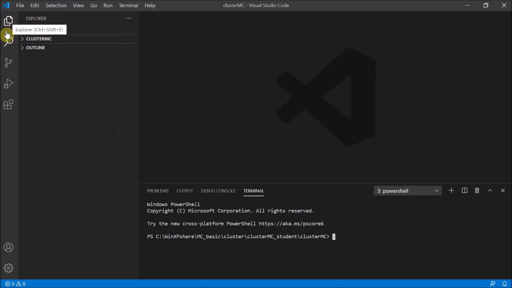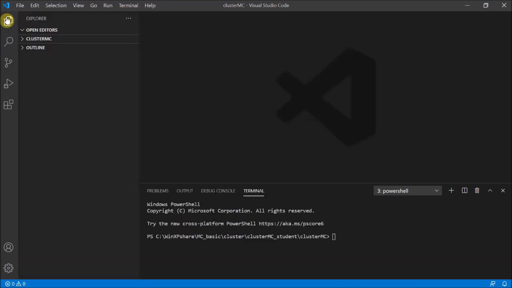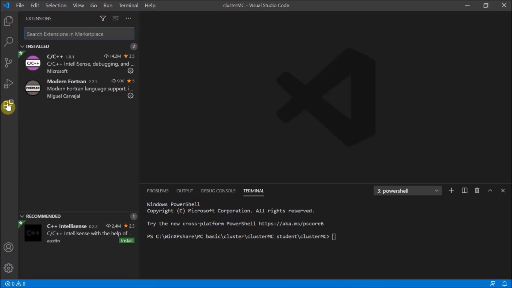These buttons down the side are important. So this is our Explorer. We can turn on and off, where we can find our files. This is how we run the debugger, which I'll show you later. But the first thing we need to do is to make sure that your version of Visual Studio Code has actually got Fortran installed. So if we type into the search box Fortran,